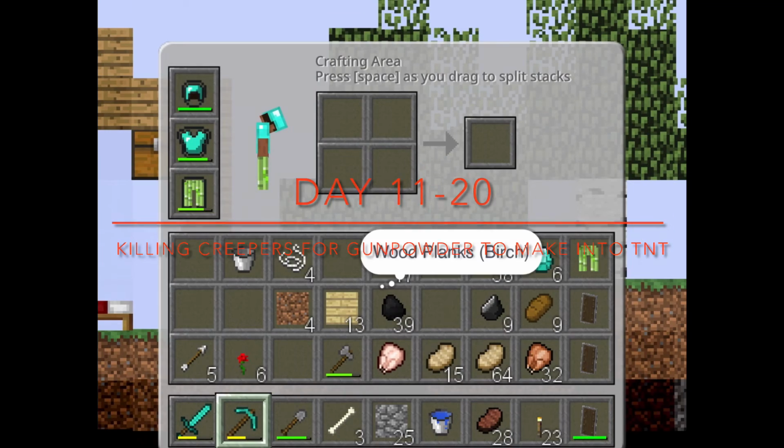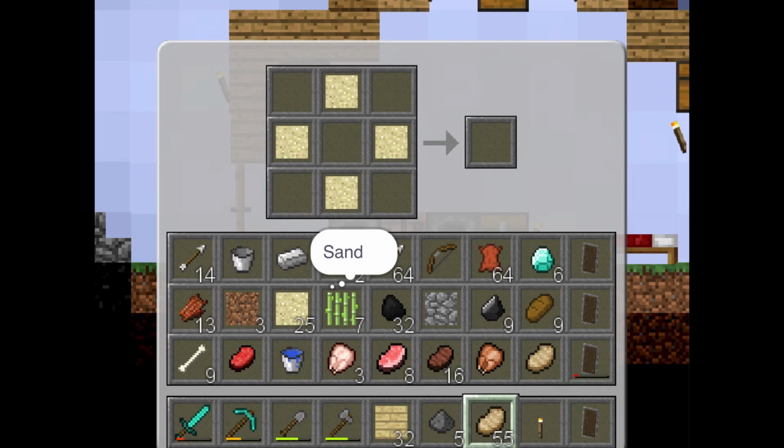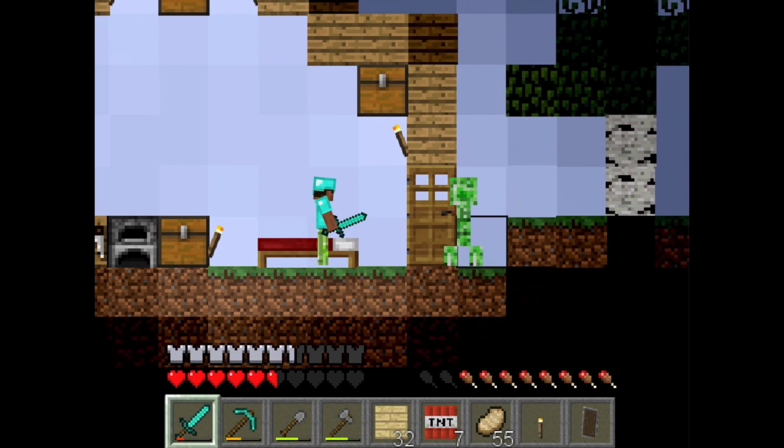But it was loads of pain, because you can't imagine how stupid it is to literally have to find so much TNT. Anyway, this is how you make TNT if you didn't know. It's sand plus gunpowder. And then I also made the chest plate,